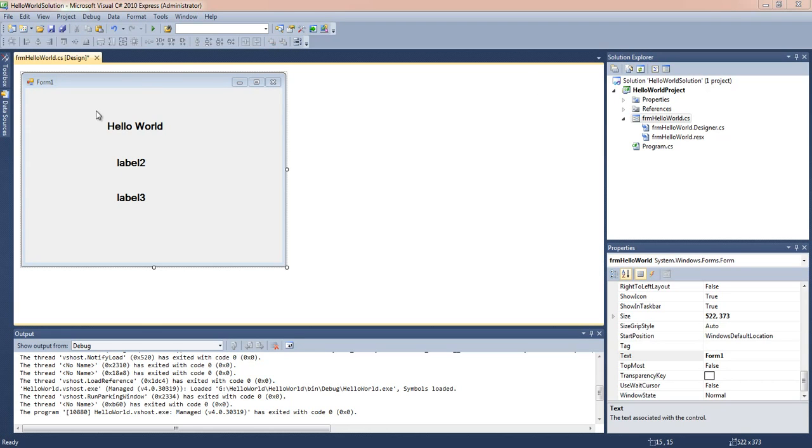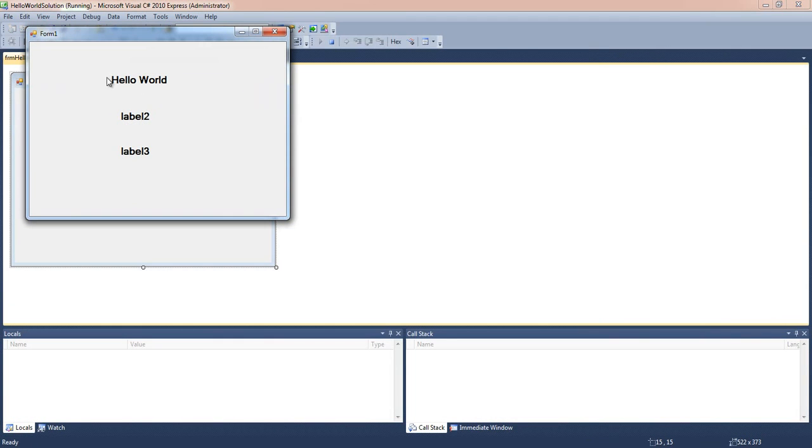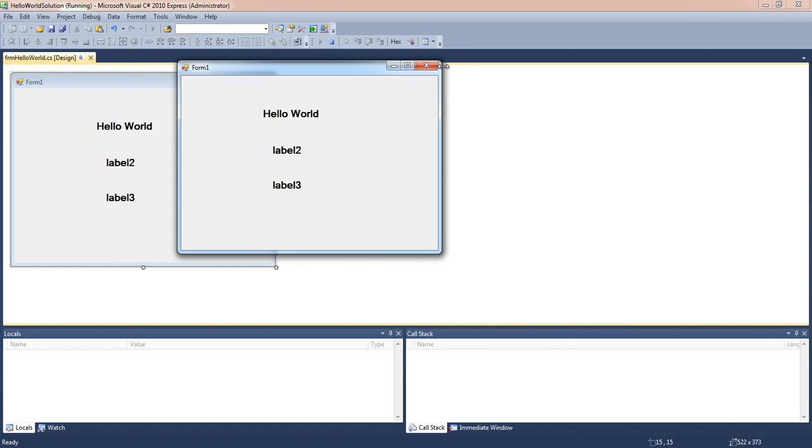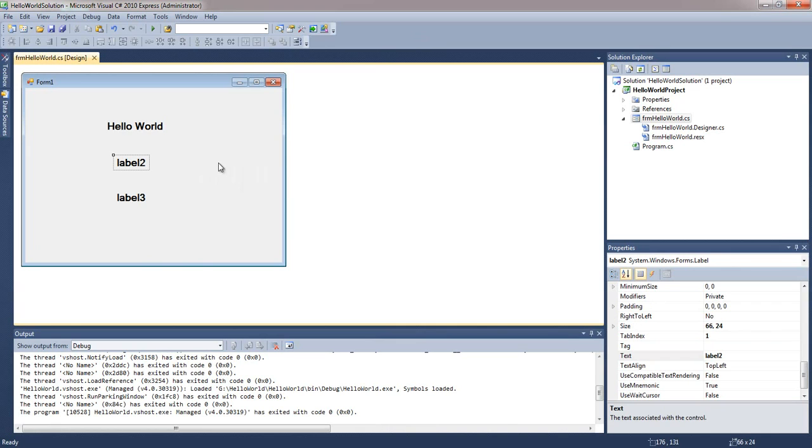Now, I decided that when I start this up, hitting F5 again, I don't like this label 2 and label 3 on here. I think that if I'm writing a program for a user, they're not going to really like that either. It doesn't make any sense. So what I'm going to do is I want to clear out this text, but I still want the label to be there. So clicking on label 2 and the text property, I can go in here and I can delete all of the text that's in that property for that label and hit enter, and you'll see